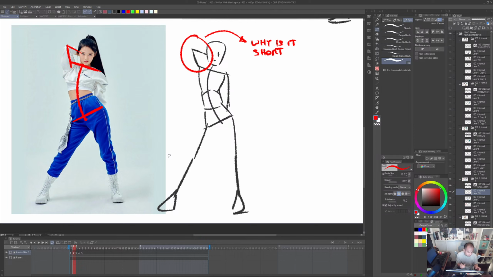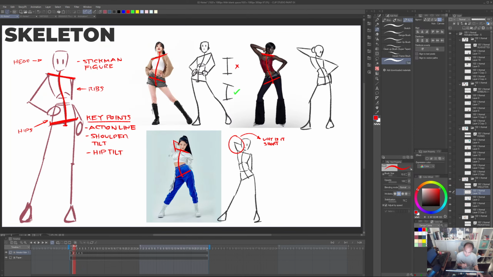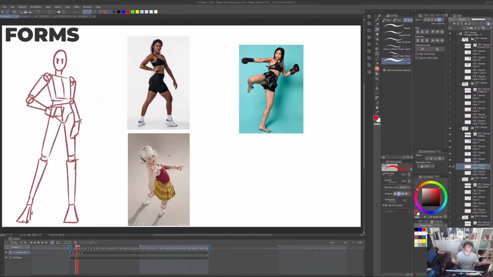And this is why we proceed with the next one, which is forms, right? In terms of the forms over here, we can definitely figure out a lot more about the human body, and this is when we break down the human body into different forms, like spheres,